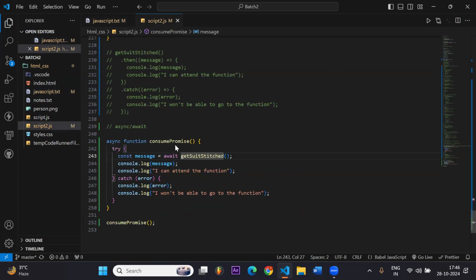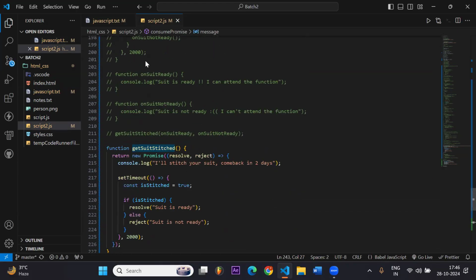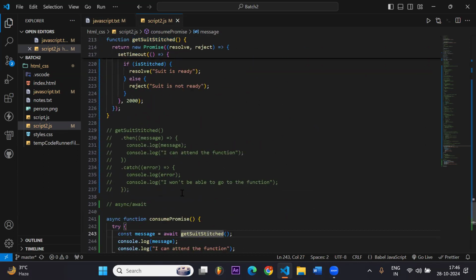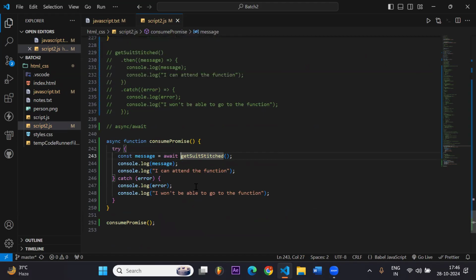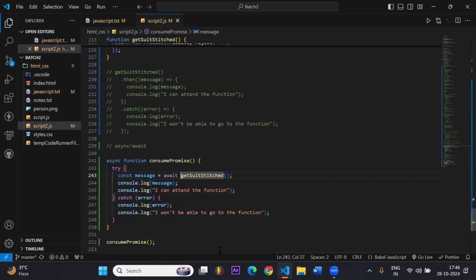I hope you are clear with these concepts, which is basically our asynchronous JavaScript. In the future, we will get familiar with it because it is used a lot, so don't worry if you are facing any problem. In the future, you will be able to grasp it. Okay, so in the next class we will be here just